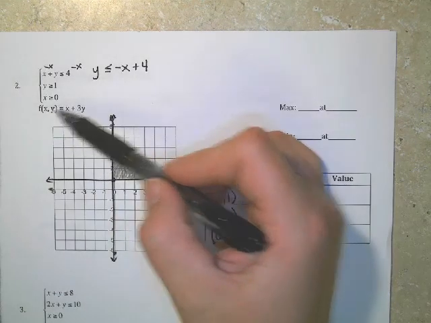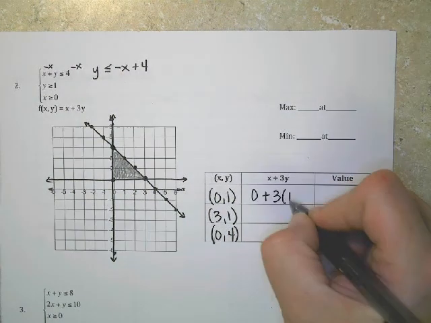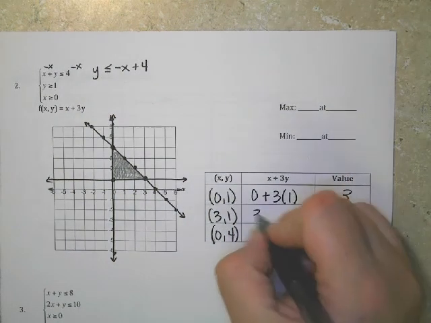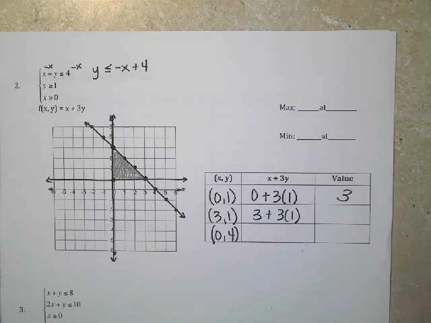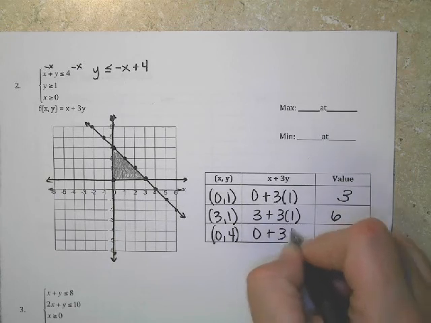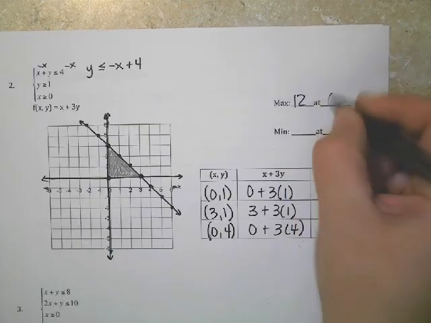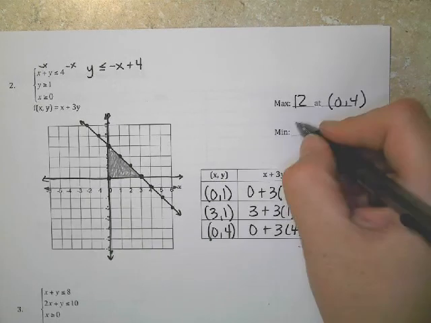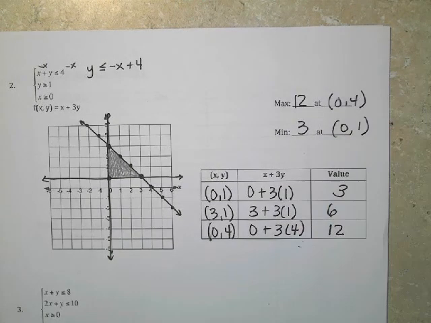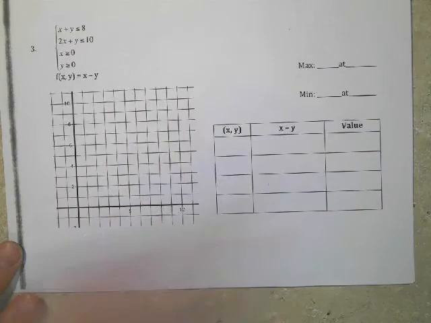Okay. So this time my objective function is f(x, y) equals x plus 3y. So in this case we had 0 plus 3 times 1, so that would be 3. 3 plus 3 times 1 would be 6. And 0 plus 3 times 4 would be 12. So my maximum value is 12, and that happened at (0, 4). My minimum value is 3, and that happened at (0, 1). Okay, and our